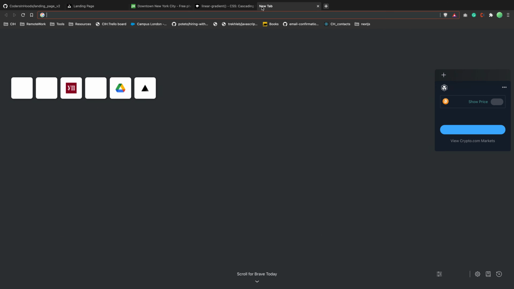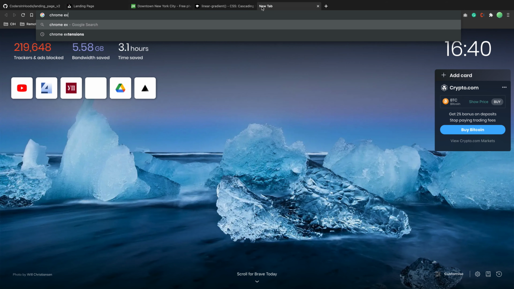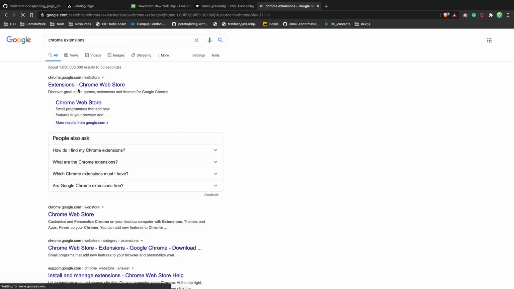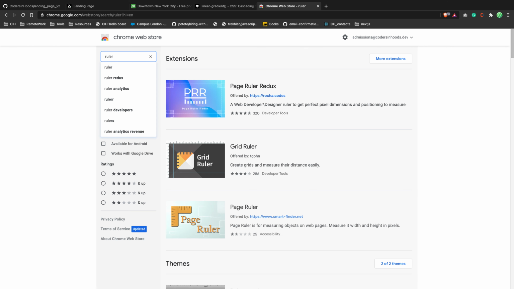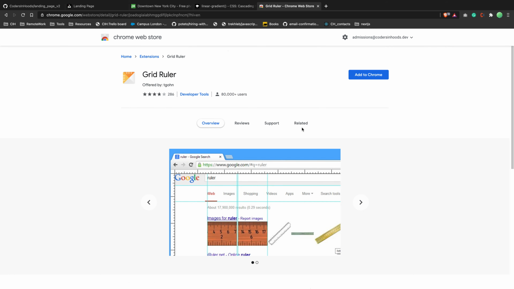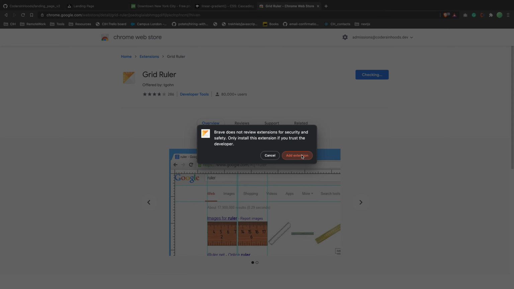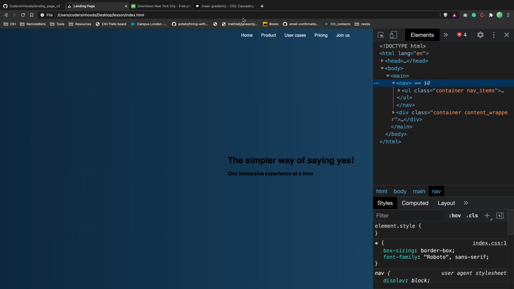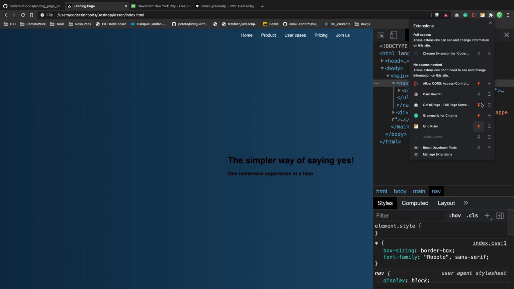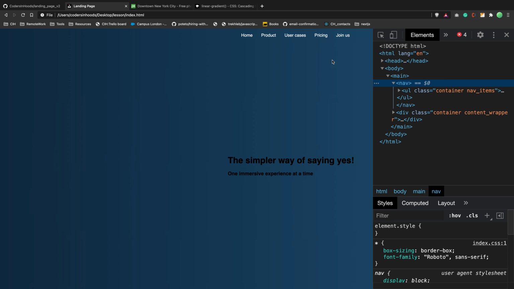Let me actually show you Chrome extensions. There is a ruler. This one, grid ruler. This is a very helpful extension when you do your web design. So what it does, now let me just pin it. If I click,